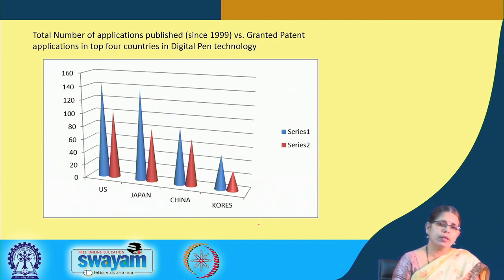Further on, if one needs to understand how many of the publications in relation to digital pen are moving into grants at the respective patent offices, one can go in for the specific plotting of the data. In the earlier figure we understood that the US and China are the major countries, and many other countries like Japan and Korea also have a lot of developments in this area. So, here we are looking at a smaller subset, the published applications vis-a-vis grants in